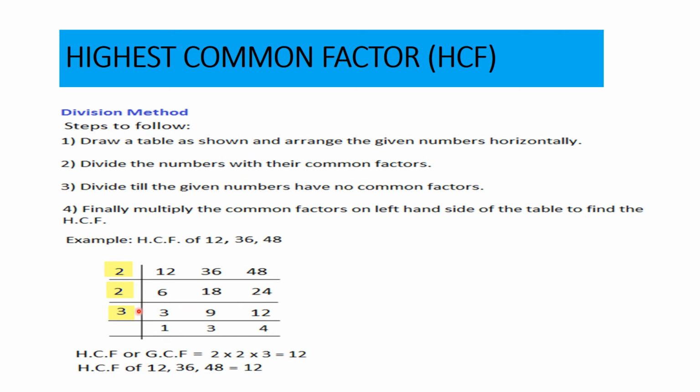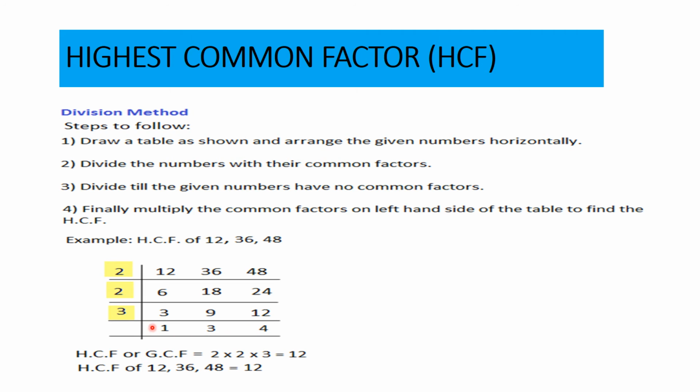Now these three numbers you can see are not divisible. All three numbers are not divisible by 2. These two numbers are divisible by 3 and this is divisible by 2. Now any number which can divide all three numbers? Yes, 3 can divide 3, 9 and 12. So you will start dividing by 3 because 3 is the number which will divide all these three numbers exactly. So 3 ones are 3, 3 threes are 9 and 3 fours are 12.